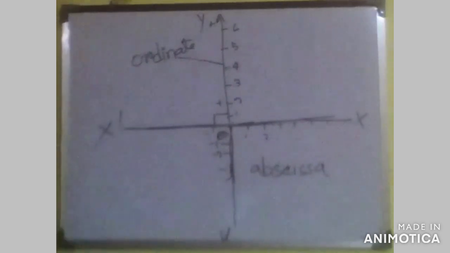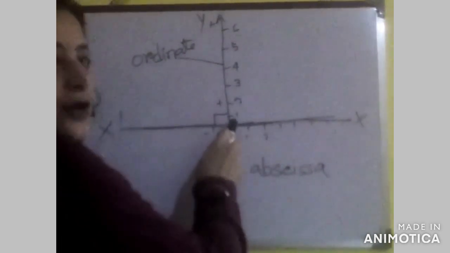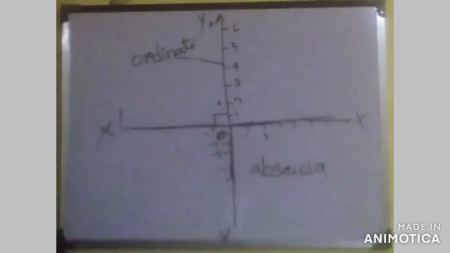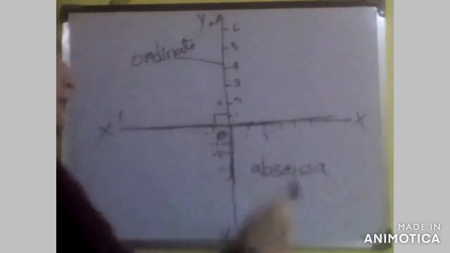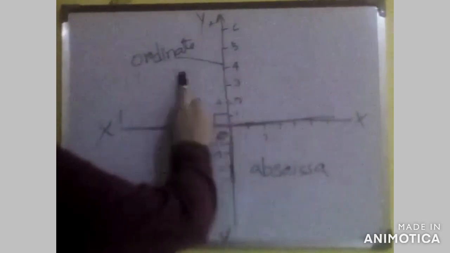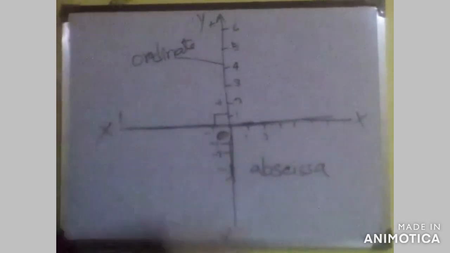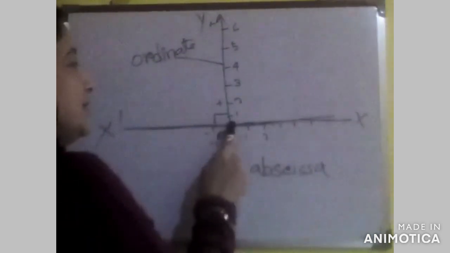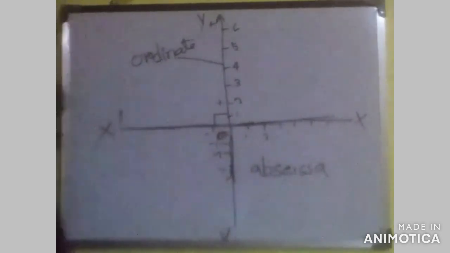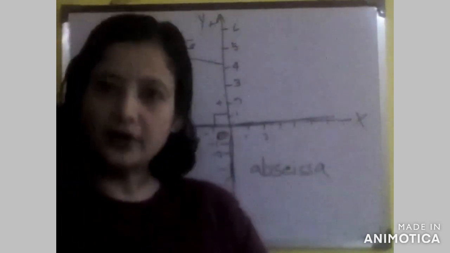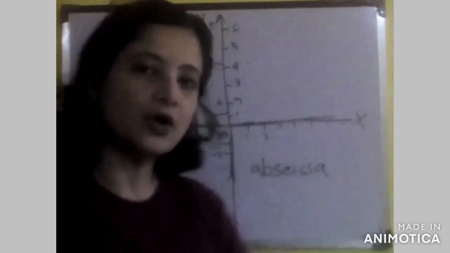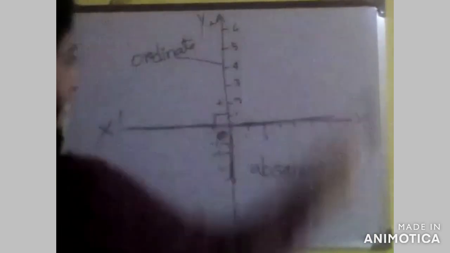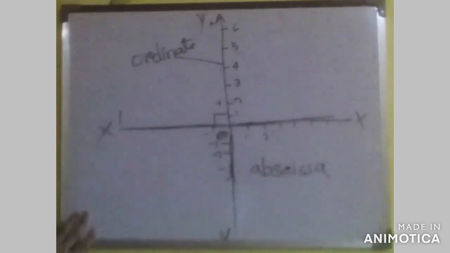Now, very clearly from this picture, you can see that this is a plane where two number lines are intersecting each other at the point 0 and perpendicularly. So we are getting four separated spaces. Each of these spaces is called a quadrant, and the point 0, where the x-axis value is 0 and the y-axis value is also 0, is called the origin of the graph. This plane is known as the Cartesian plane.